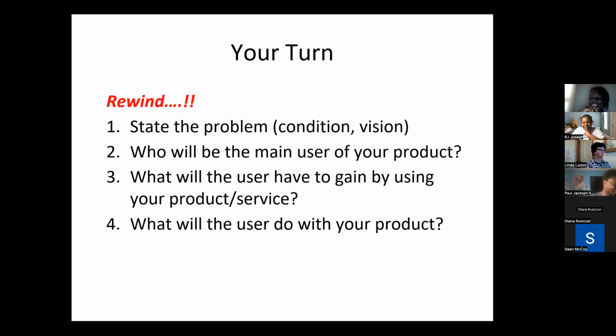Okay. Diana, are you ready? I guess so. Can you hear me? Yes. Okay, good. The problem, I guess the problem is the time constraints many busy women have in regards to quality hairstyling services. Who will the main user of the product be? It's